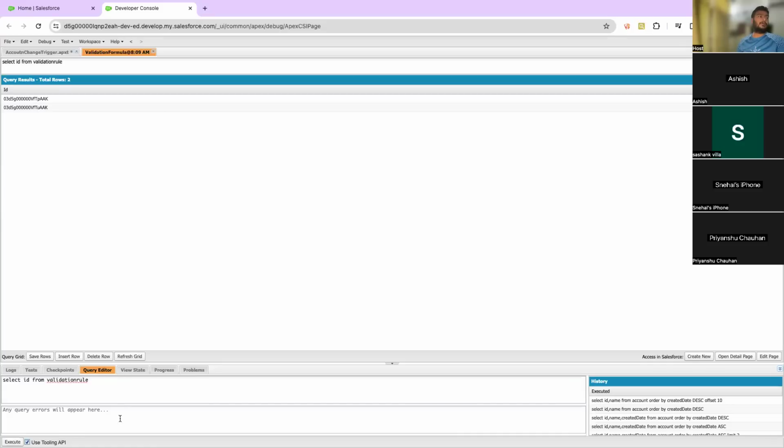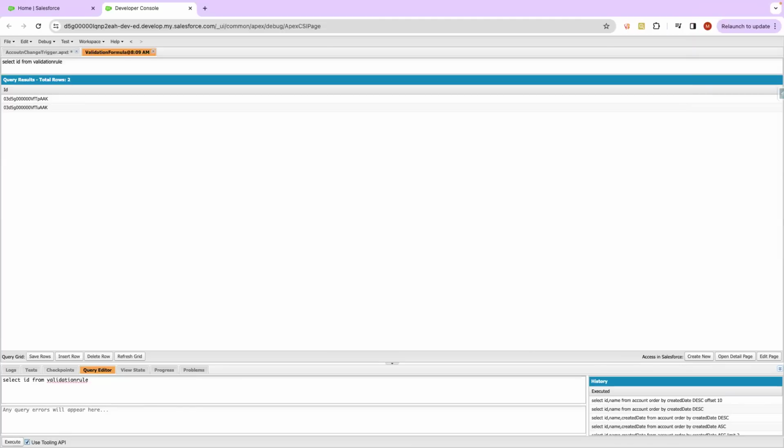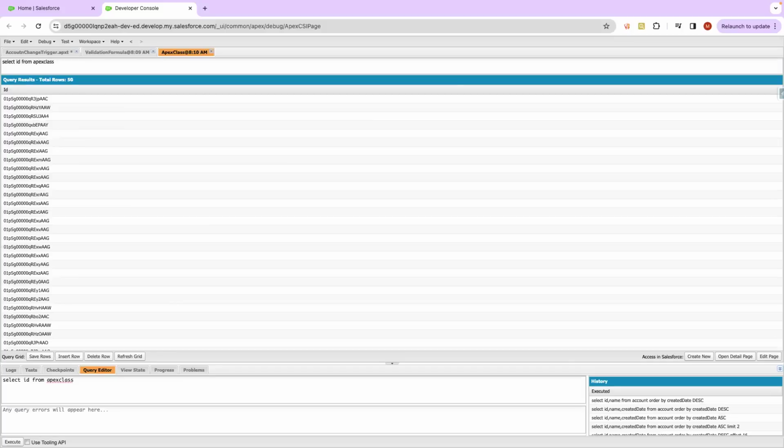But when you use it without tooling API, you will not get the result and it will say that query is not right. So with the help of tooling API, you are able to get the information about the metadata of it. Now, there will be a couple of scenarios where, like if I query the Apex class, you will be able to get the Apex class even without the tooling API. So there will be a couple of metadata which are exposed even for the normal SOQL query, but